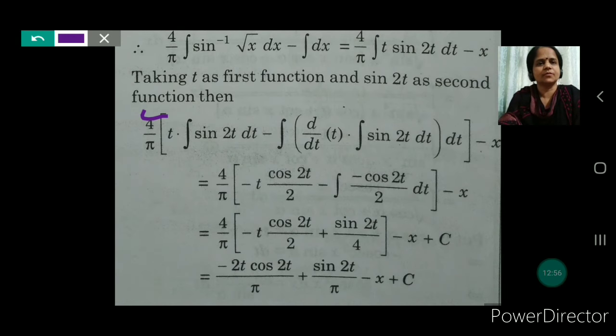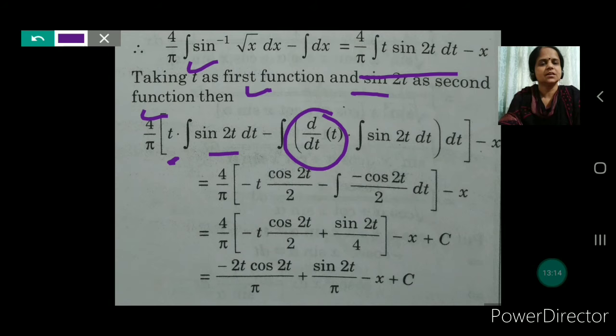Now for this, apply the method of integration by parts. Taking t as the first function and sin 2t as the second function. So, first function as it is, integration of the second function, minus integration of the differential of the first function times the integration of the second function. Then the whole integration, and minus x, as it is. So here you will get, students, 4 by pi, t as it is, integration of sin 2t,